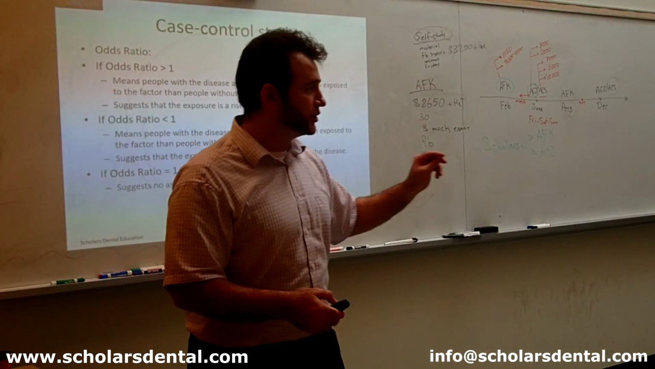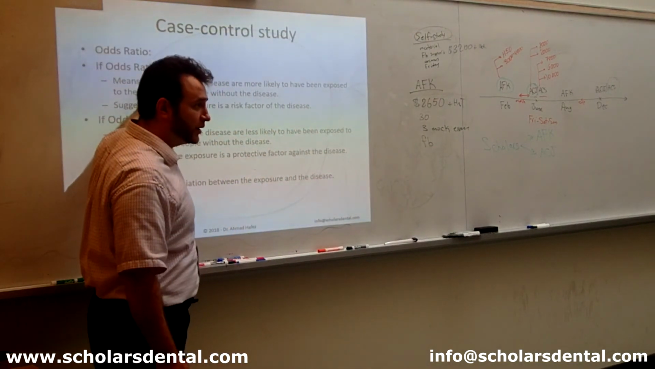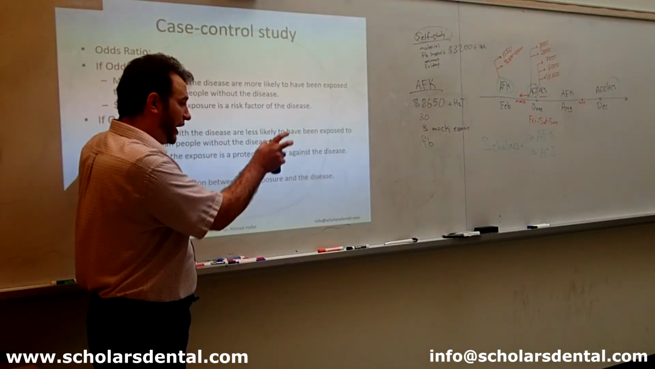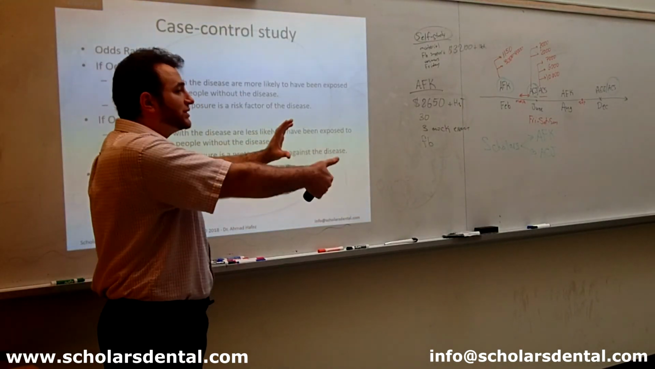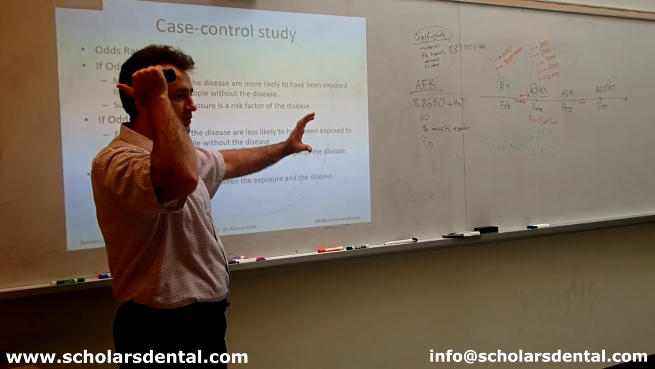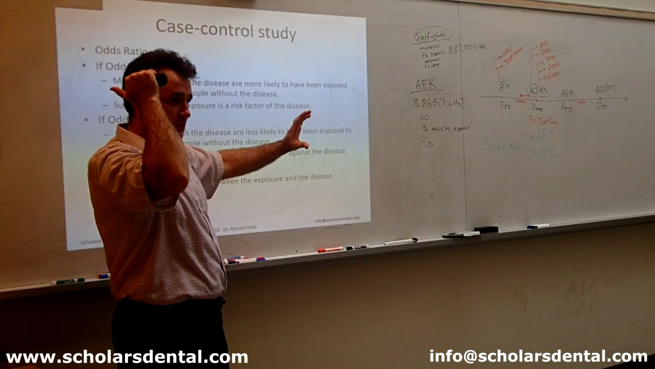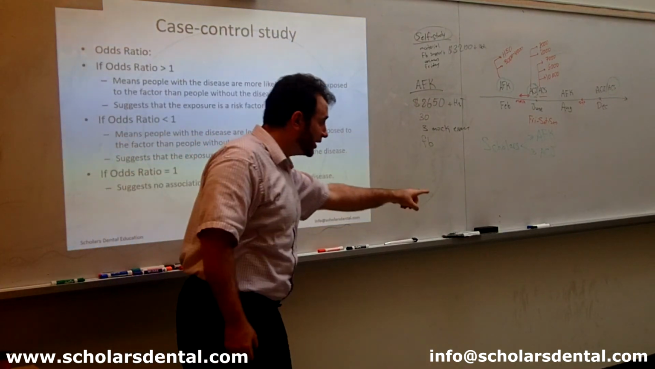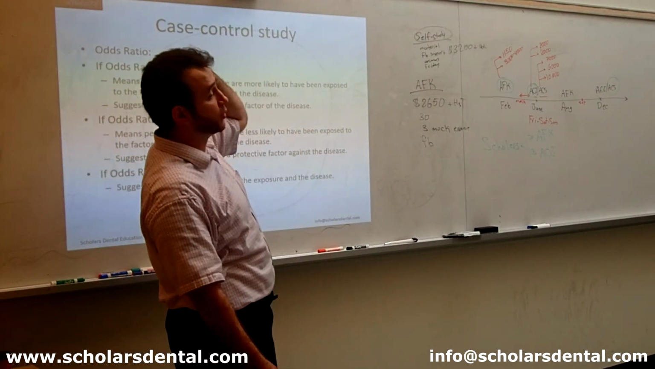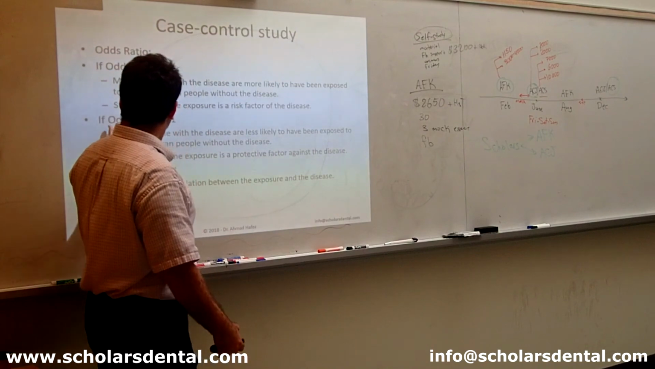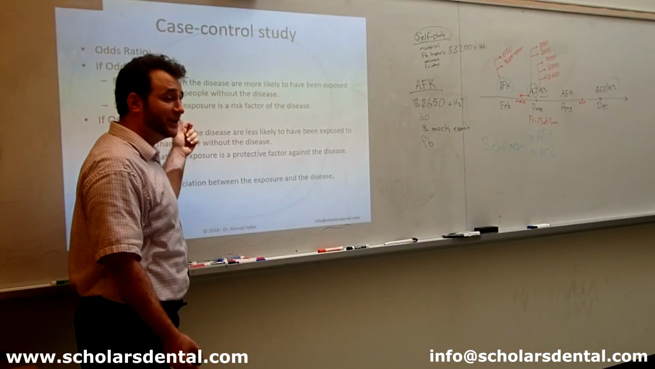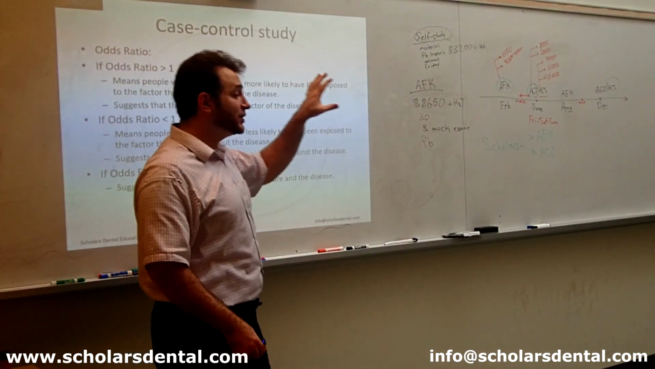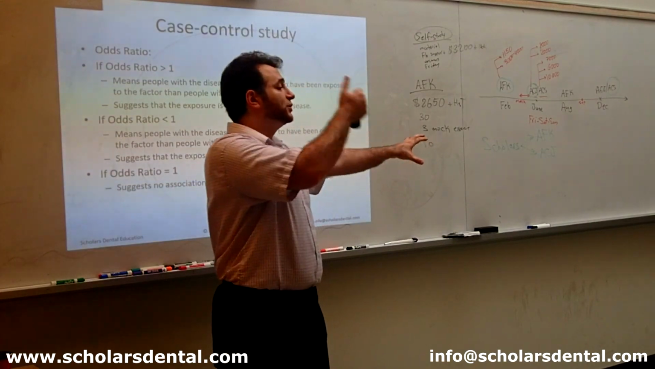So if the odds ratio is higher than 1, that means if you have the disease, you've most likely been exposed to the factor. Are you guys with me? So in our example, if you have oral cancer, that means you have most likely been smoking. If it's less than 1, it's the opposite. So that means if you have the disease, you have less likely been exposed